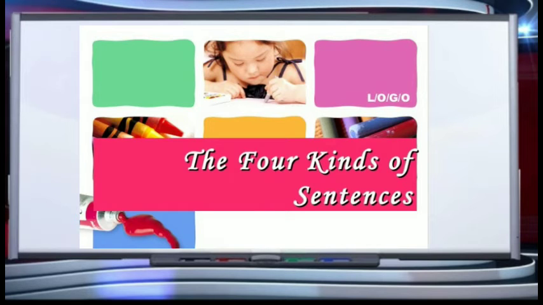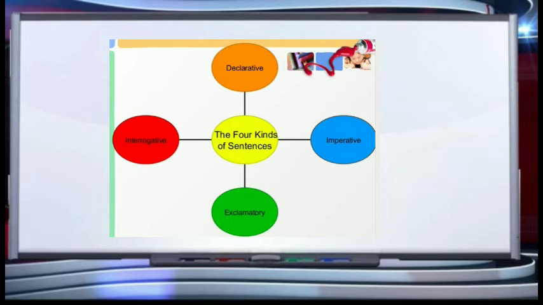Now, further, let us understand the four kinds of sentences that are formed on the basis of the formation of the words of the sentence. On the basis of the formation of the sentence, students, the sentences can be divided into four types. Declarative. Under declarative, we have assertive, that are positive sentences, and negative, that are with a no. Imperative sentences, interrogative sentences, and exclamatory sentences.